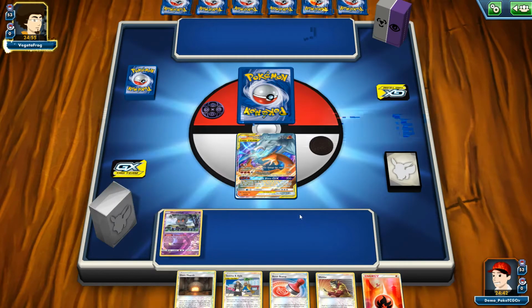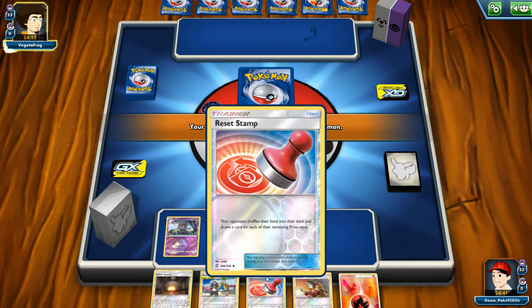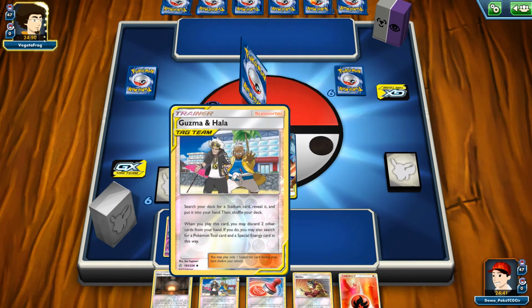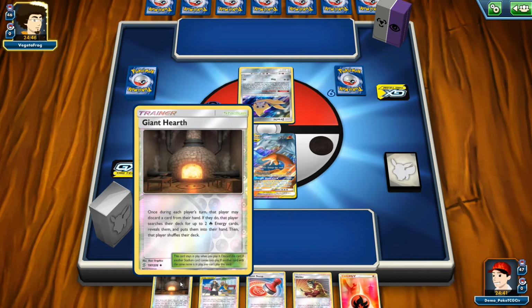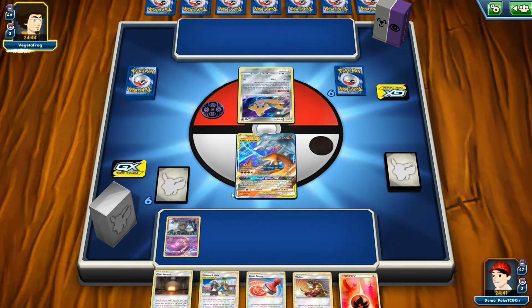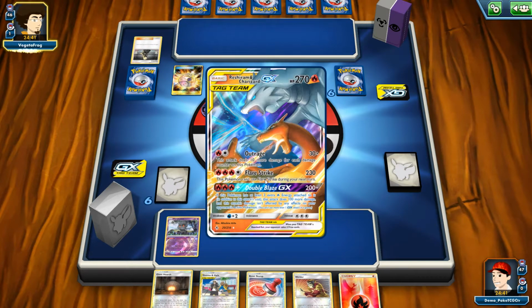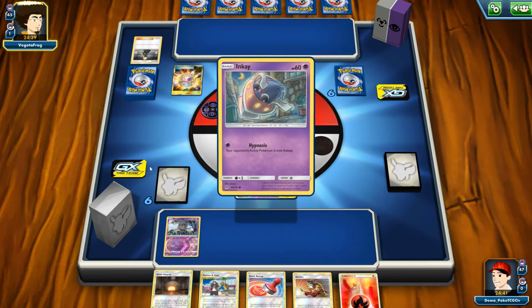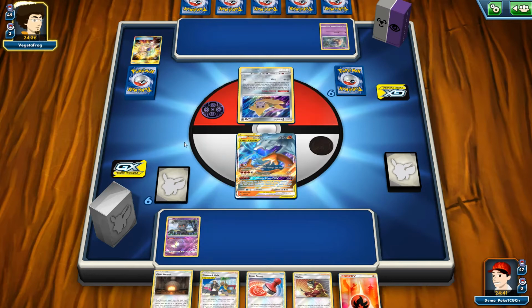Alright, so I have a pretty interesting opening hand. There is Guzma and Hala, as well as a Welder available with the effect of the John Hart, basically meaning that technically I can even start attacking on my turn 1. Let's say with Outrage, maybe with Flare Strike, maybe even with the Double Blaze GX. And as things look